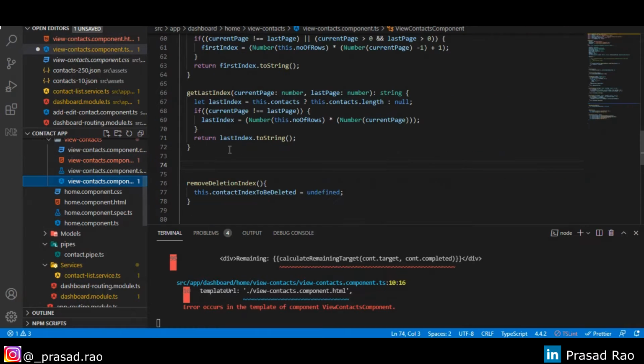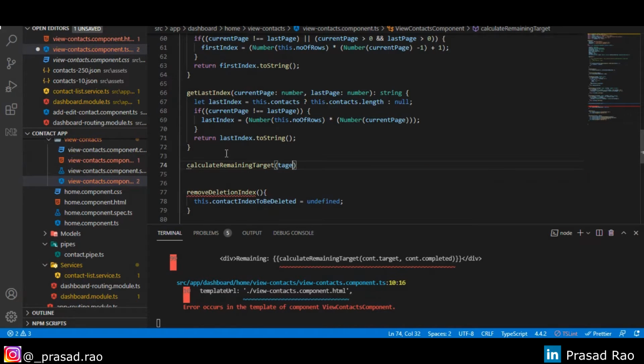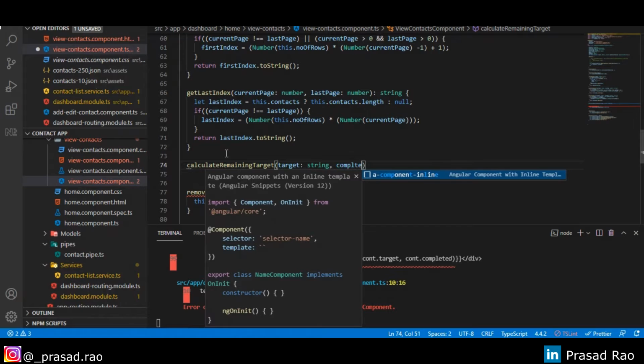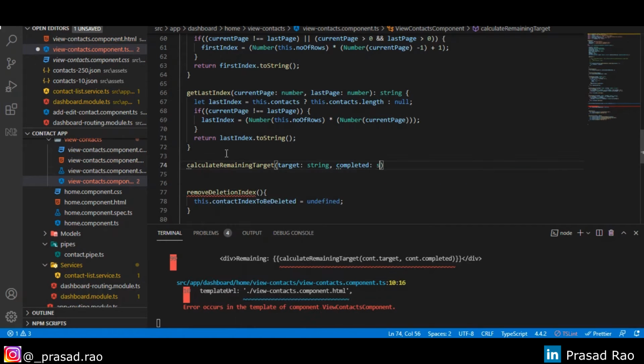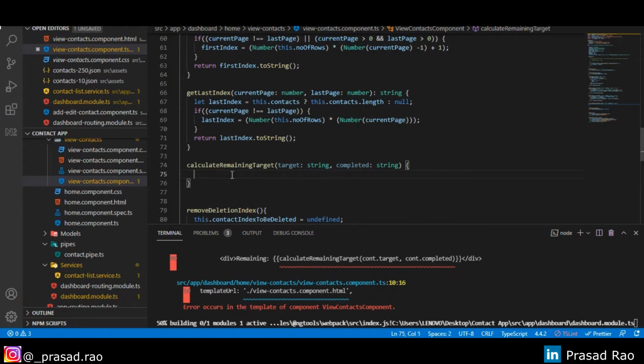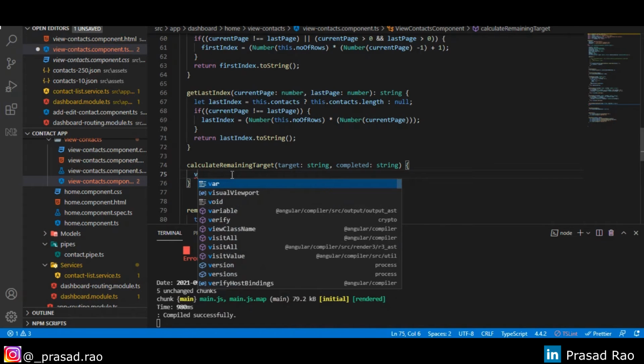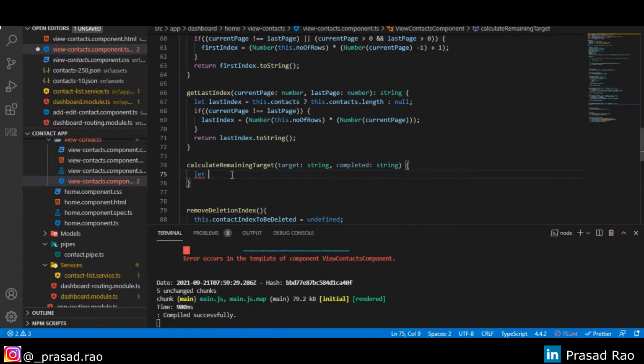So we'll create the function in the component which takes in the target and the completed value, which is also a string. Now let's just call it balance.